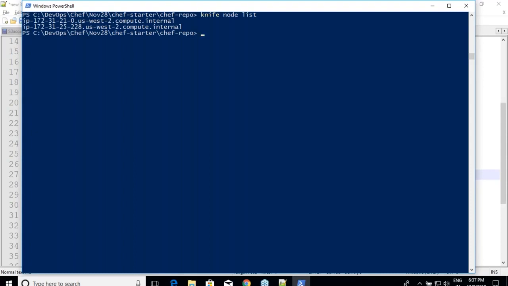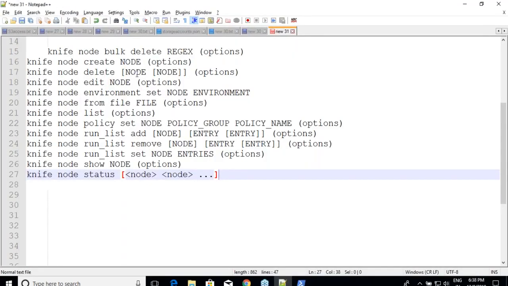And now I want to delete them because those nodes are no longer available. There is no point in having those nodes. So the things which I can do is I can just say knife node delete and give the node's name, or I can go with this bulk delete option. All right. Whenever I'm going with bulk delete, I need to know regular expressions, the stars and all other stuff. And whenever I'm going with delete nodes, I have to be specific about which node I'm trying to delete. And you can use anything.